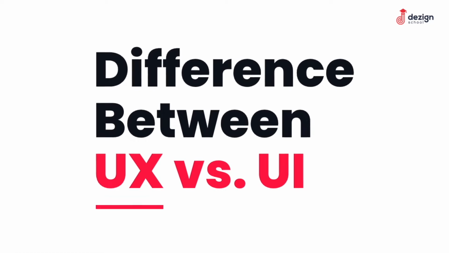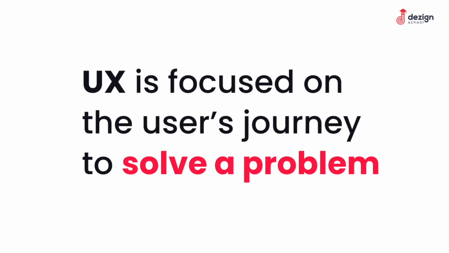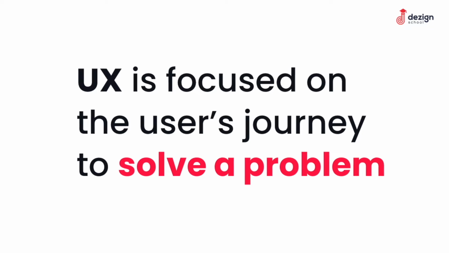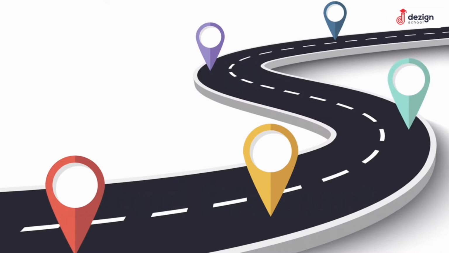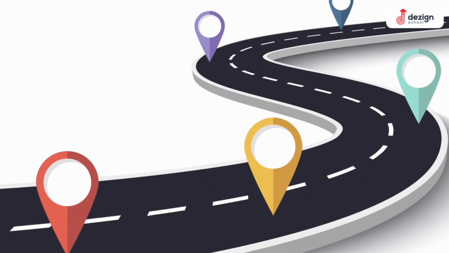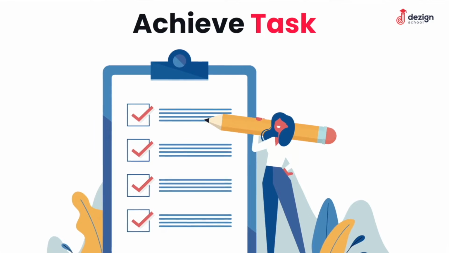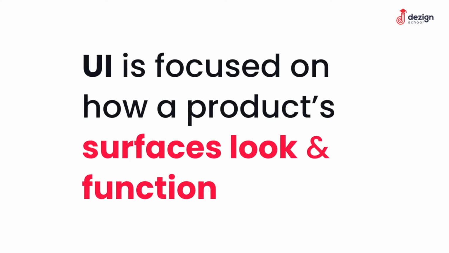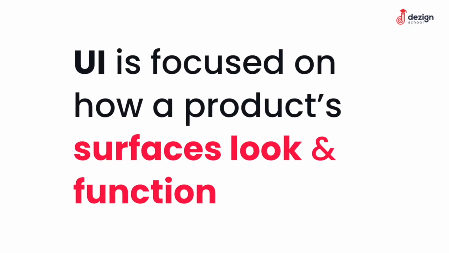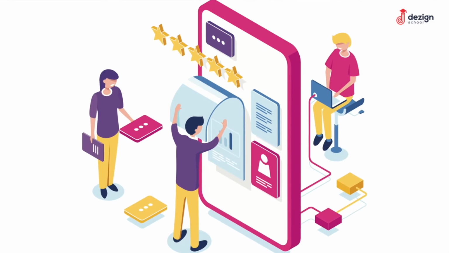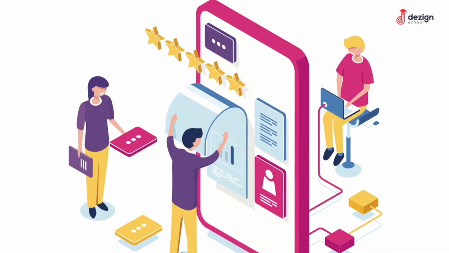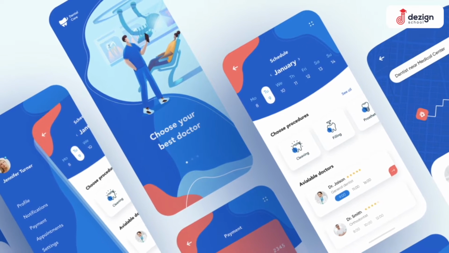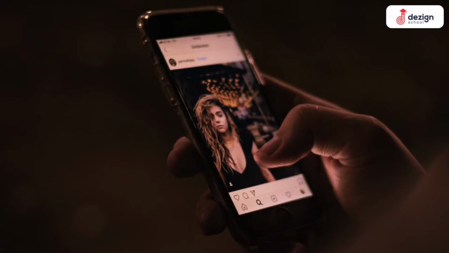UX versus UI. UX is focused on the user journey to solve a problem. UX focuses on how easy the user journey is. How can we solve a user problem so that the user can achieve his task in a very easy way. UI is focused on how a product surface looks and functions. UI focuses on how the product can look better and how appealing it can be so that the user can easily interact